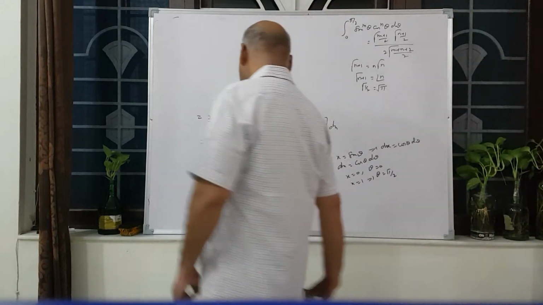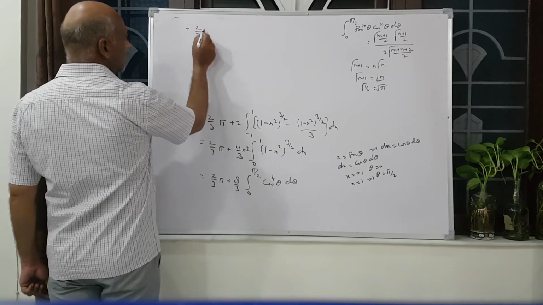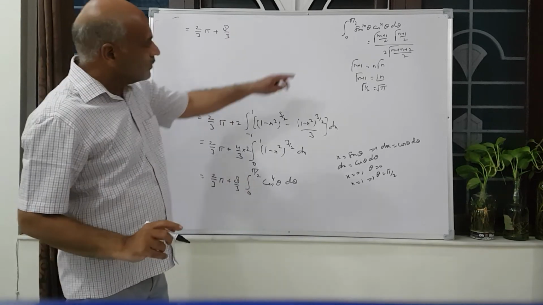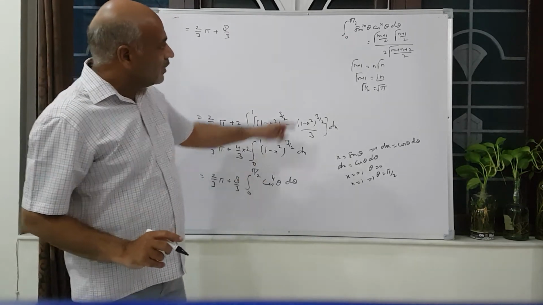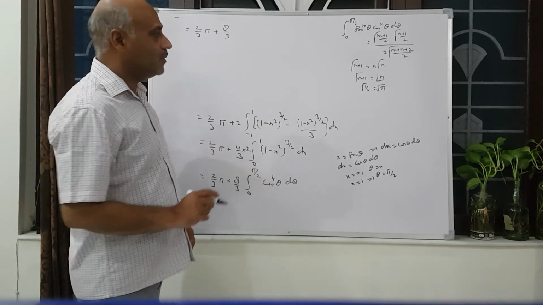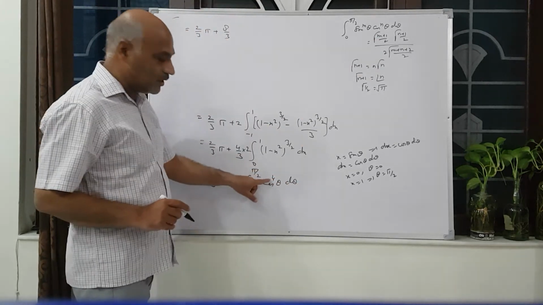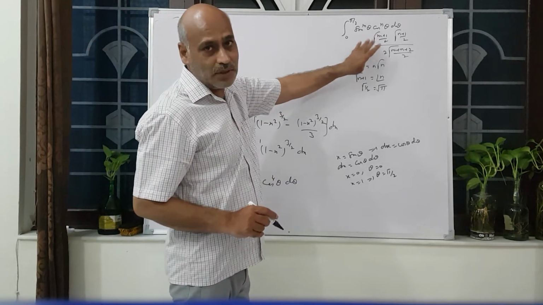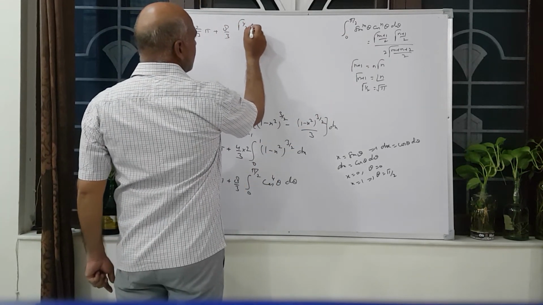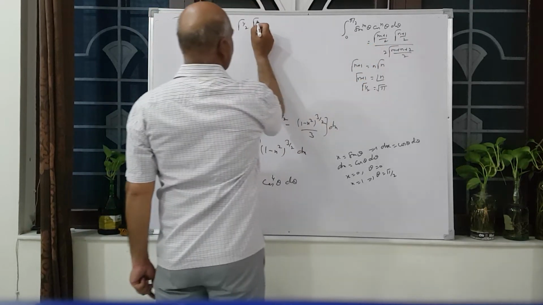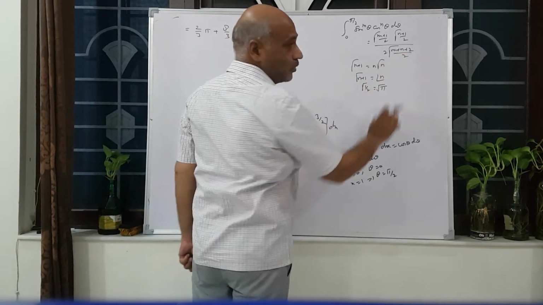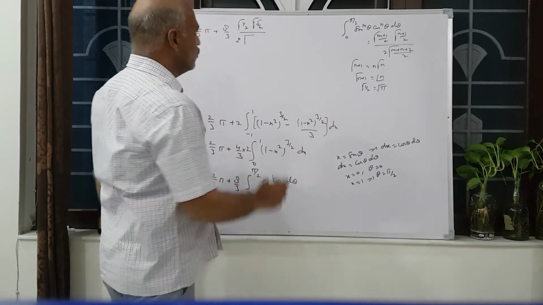So here we compare. Now we compare this one, 2 upon 3 pi plus 8 upon 3. What is m? Here there is no sin theta, so m is 0. We put m is 0 and n, what is n? n is 4. So in this formula we put m equal to 0 and n equal to 4. So this becomes half gamma of (4 plus 1) by 2, that is 5 by 2, over gamma of (0 plus 4 plus 2) by 2, that is 6 by 2, gamma 3.